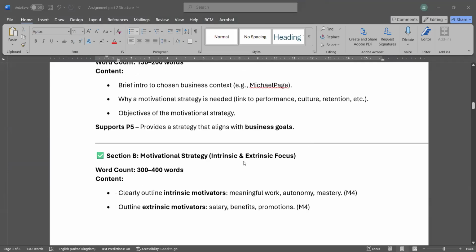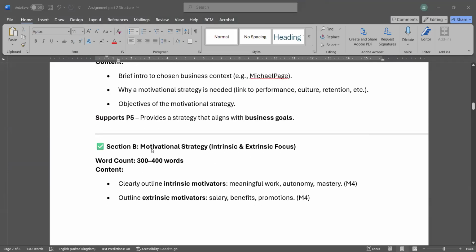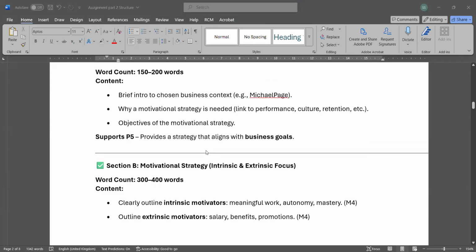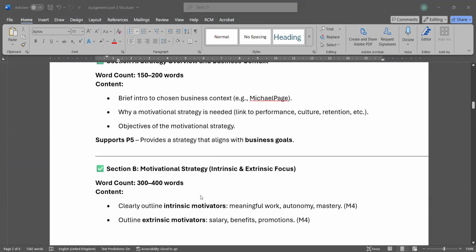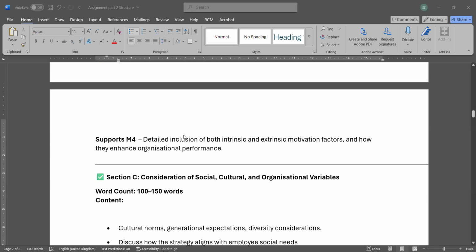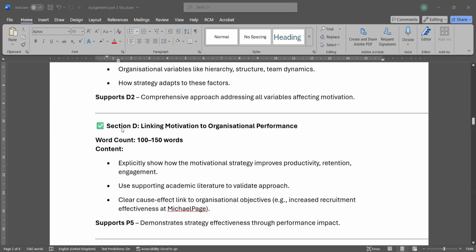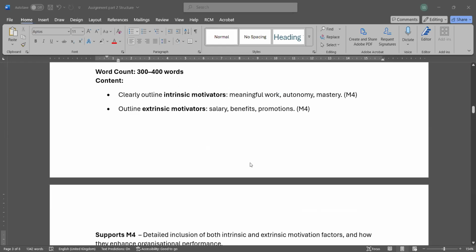Then you are going to do the motivation strategy. You take the motivation strategy, then you link that motivation strategy with the organization performance.